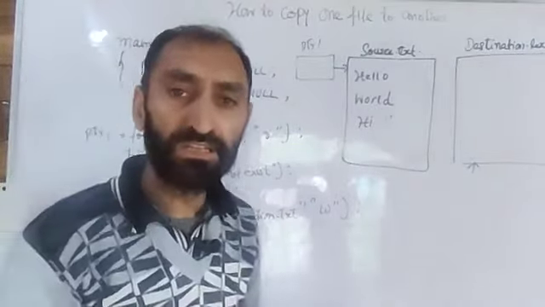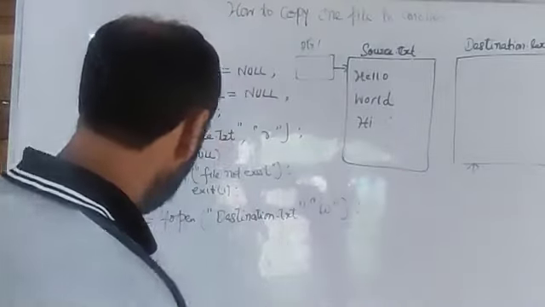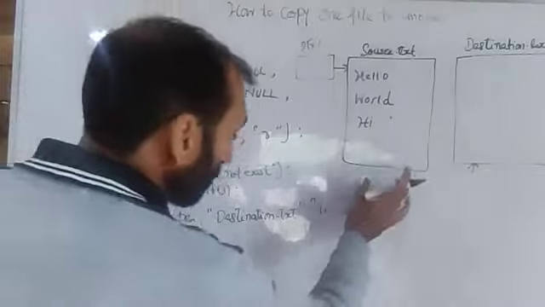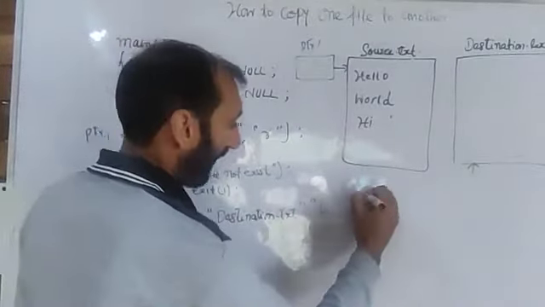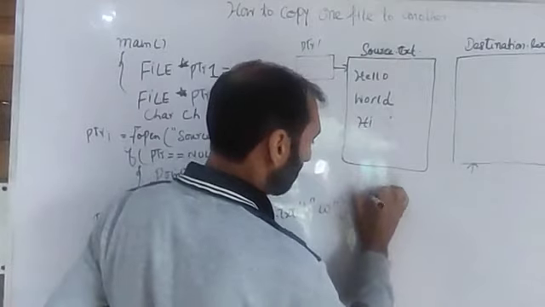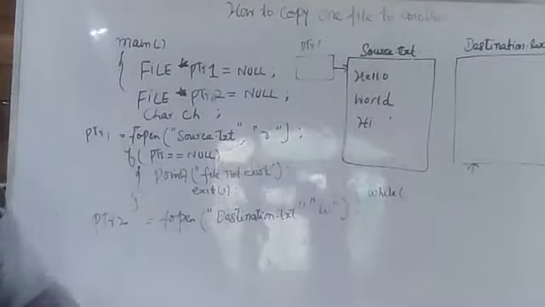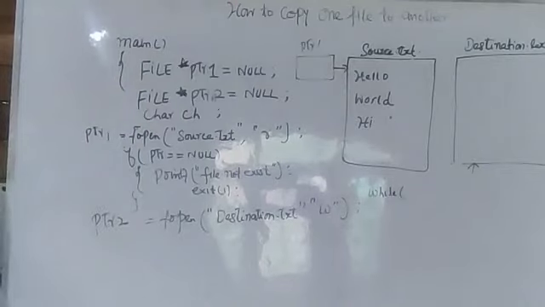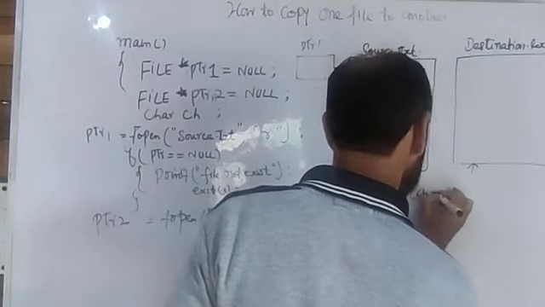So obviously we can use a loop there, and the loop which I am going to use here is a while loop. Here I am going to write it: while ch equal to